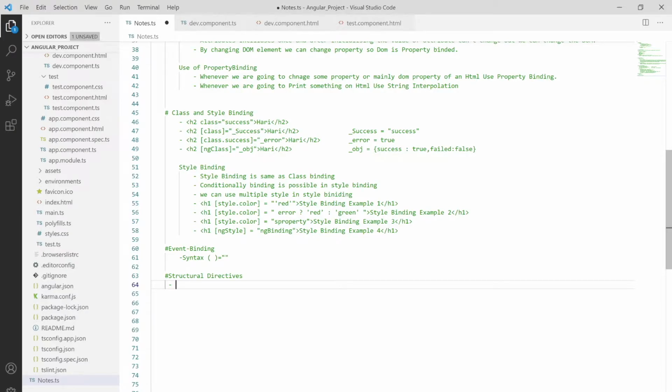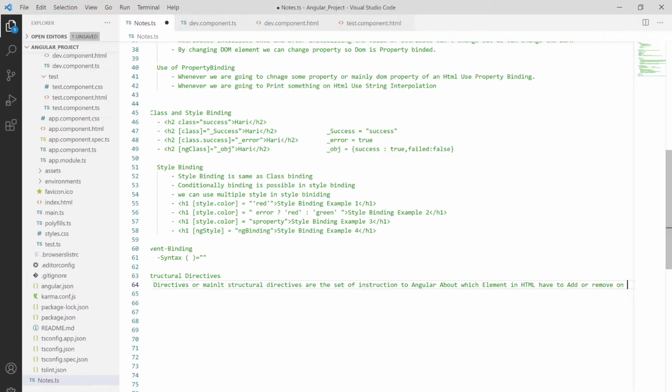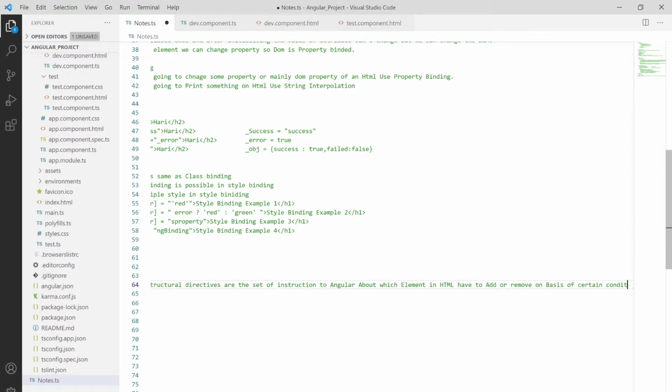So let me put some notes over here. Directives, or mainly structural directives, are a set of instructions to Angular about which elements in HTML have to be added or removed on the basis of a certain condition.